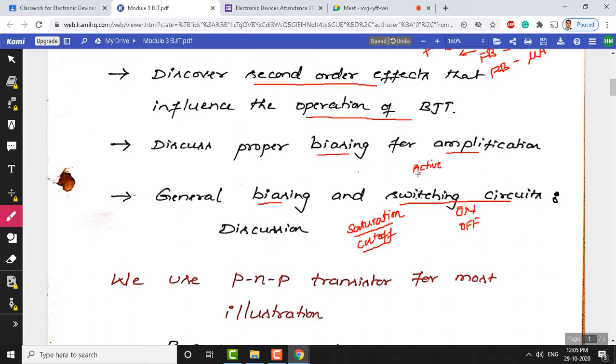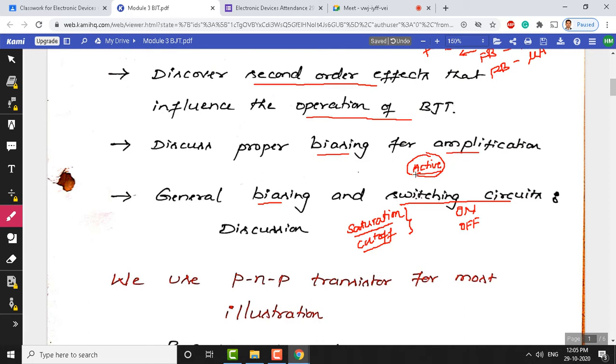So these are all the regions under the characteristics. If you look at BJT output characteristics, we will come across the active region, where exactly the curves are constant. That region we will interpret as the active region. In the saturation region, you can see there are increasing values of current for the corresponding voltage. In the cutoff region, when you make the applied voltage less than the threshold, the device will enter cutoff. So if you operate BJT in these two regions, it will act like an on and off switch. If you operate BJT in the active region, it will work like an amplifier.